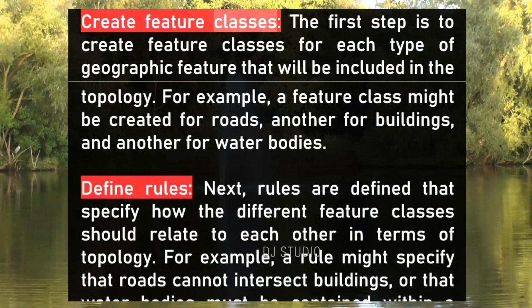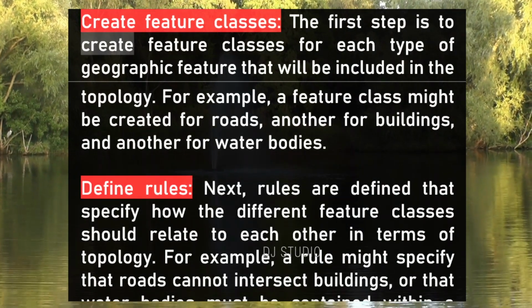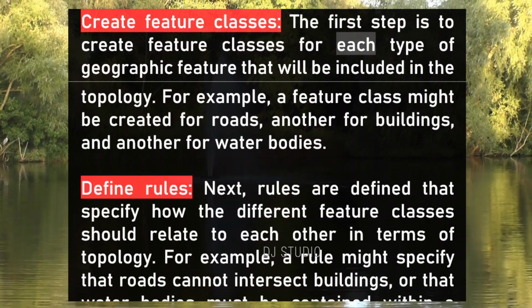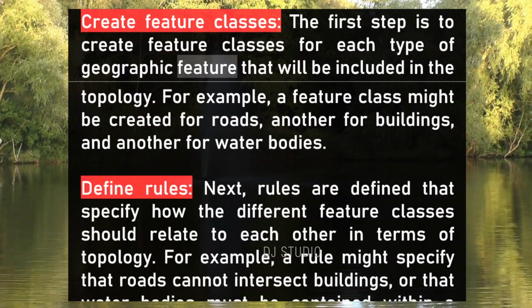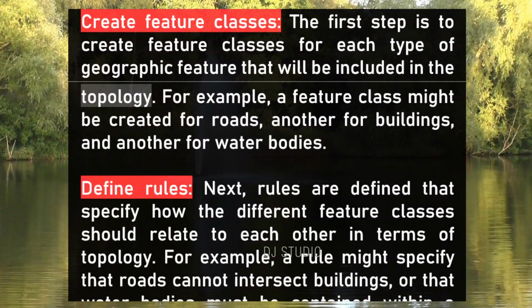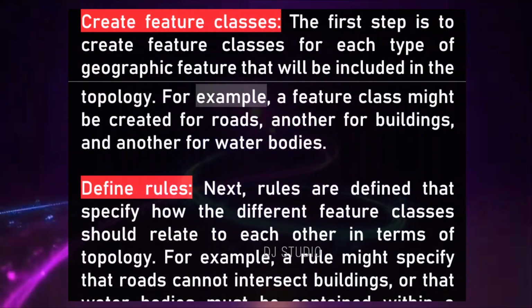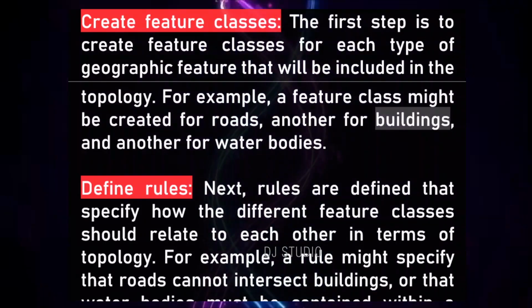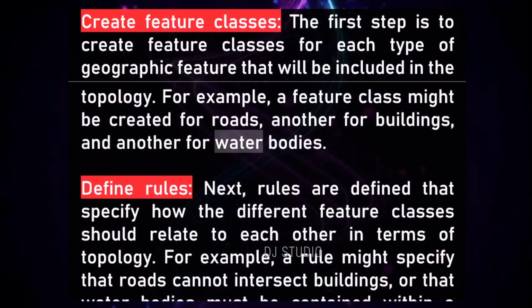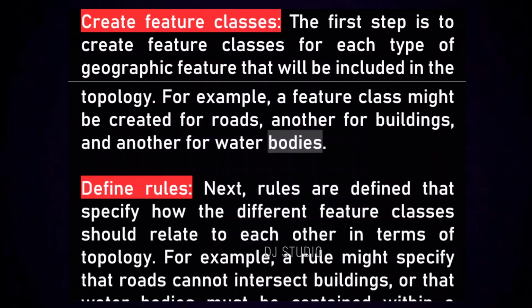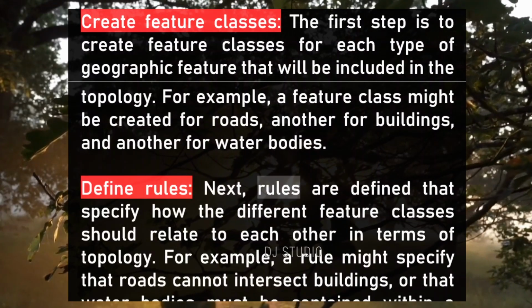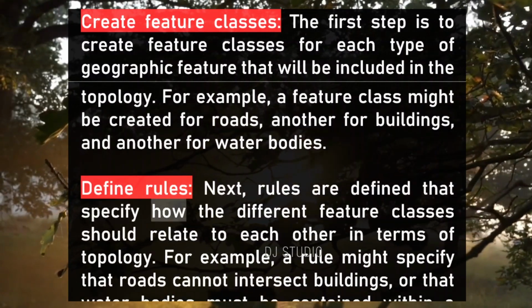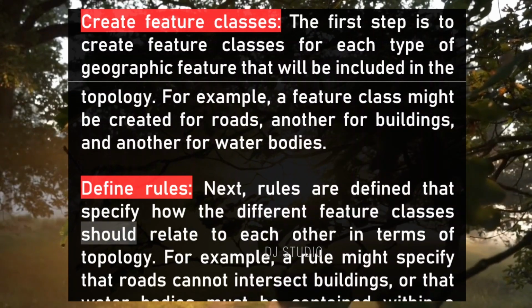Create feature classes. The first step is to create feature classes for each type of geographic feature that will be included in the topology. For example, a feature class might be created for roads, another for buildings, and another for water bodies. Define rules. Next, rules are defined that specify how the different feature classes should relate to each other